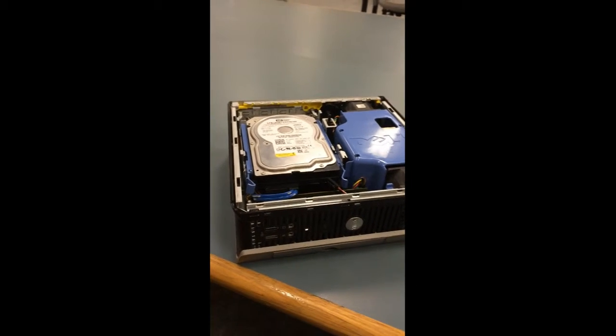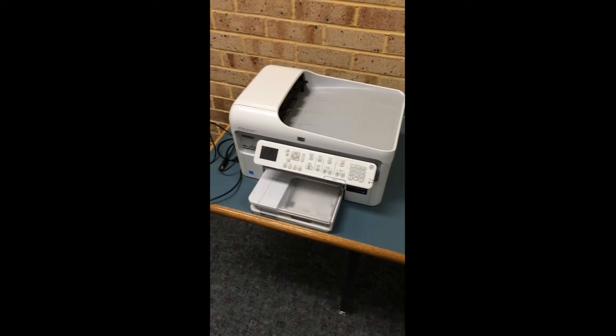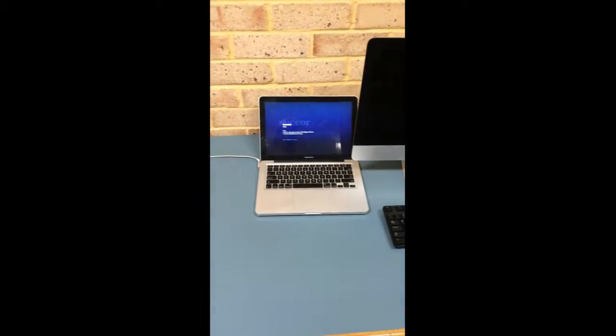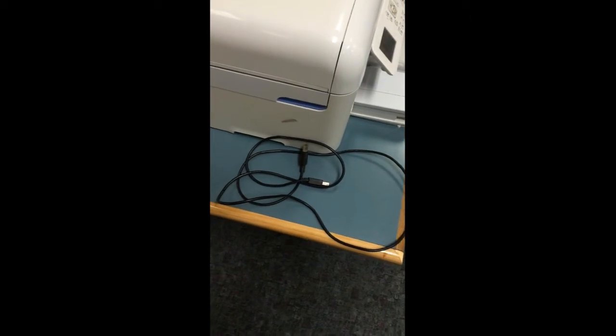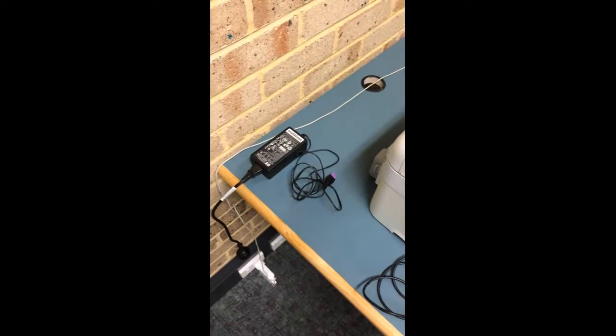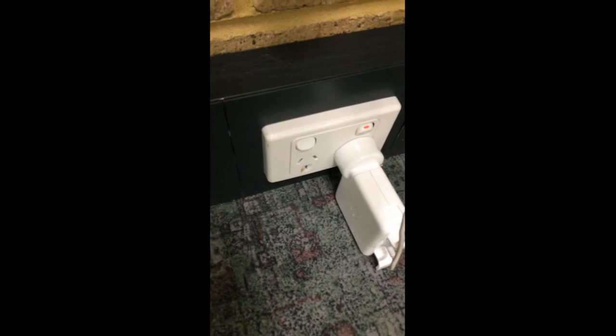Let's go on to our final example, and that of a printer. Now, here is a typical printer you would see at home. So we have the printer, computer, we have a power cord, and we have a cable cord, and we need to make sure that we go through a series of steps making sure that everything is going to work fine. So the first thing is actually not here, but down at the power socket. And the first thing that we should make sure we do is that our plug